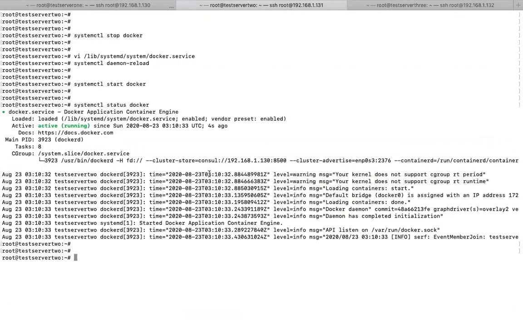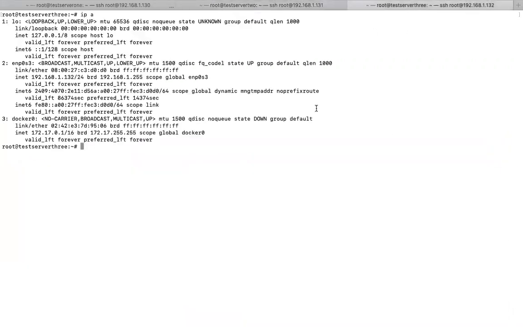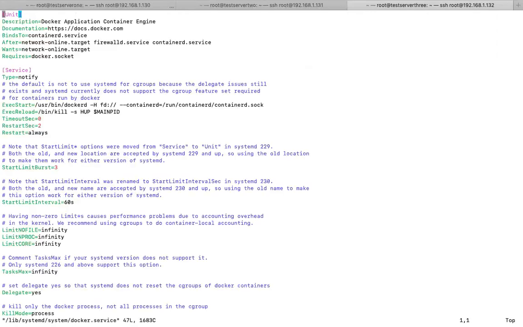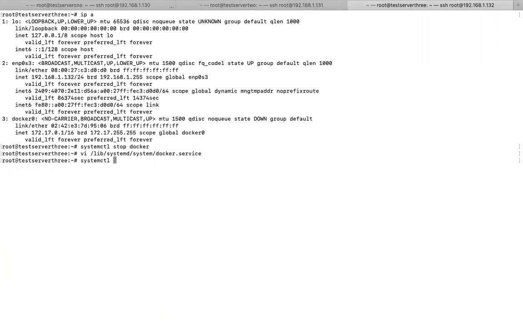Okay, let me add the second node as well with the same strategy. First, what we need to do, go to that particular node, stop the Docker service, and after that open the Docker service file. Go to the ExecStart line. Before containerd, just add this particular parameter, same as before. Save this file and come out, and after this do a systemctl daemon-reload,